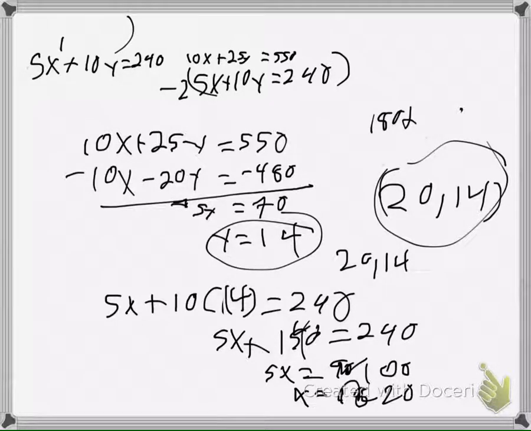Okay? So I should be able to go back and go, okay, so if Carla has 20 nickels, then she has $1, and then she has $1.40 in dimes. Well, $1 plus $1.40 is $2.40. If Darren has 20 dimes, then he has $2. And if he has 14 quarters, then he's going to have